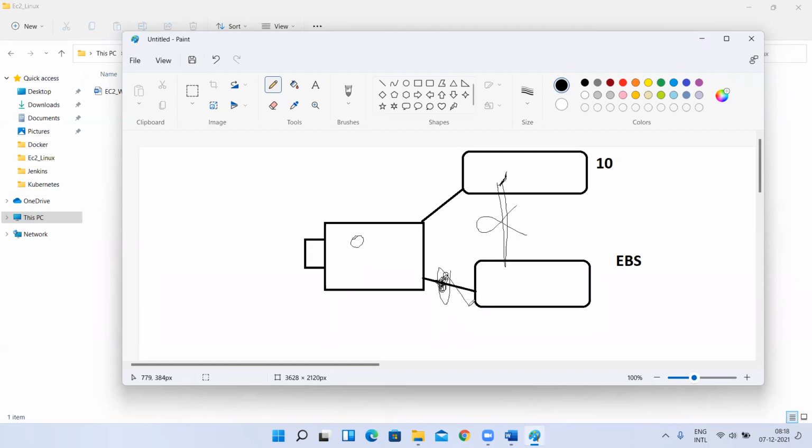Now the connection is lost, so this volume is no longer attached to this instance. Now I can take one more instance. Can I attach this volume to some other instance? Yes, that is possible. At a time, one EBS volume cannot be attached to two instances, but we can detach it from one instance and attach it to some other instance. That is possible.